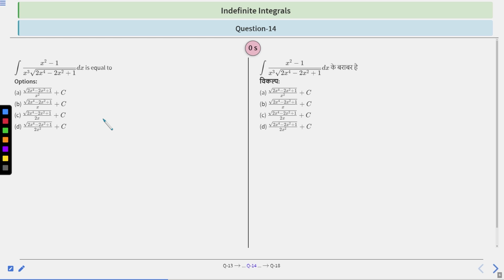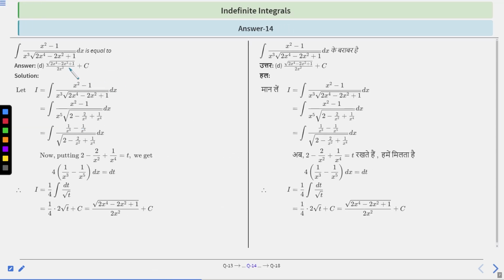Okay, let's move to the solution part. As we have discussed, we can write I as the integral of (x square minus 1) upon x cube root over (2x to the power 4 minus 2x square plus 1) dx. Now when we take x to the power 4 common, then x square will come out, right? Therefore it will be the integration of (x square minus 1) upon x to the power 5 root over (2 minus